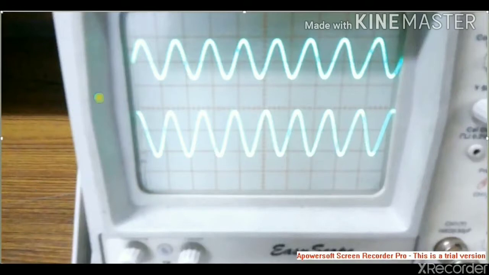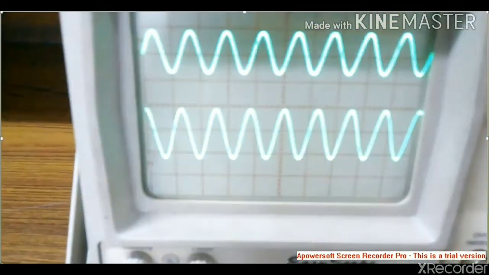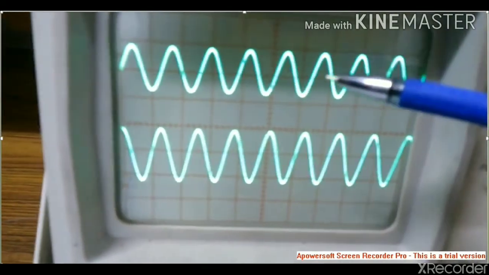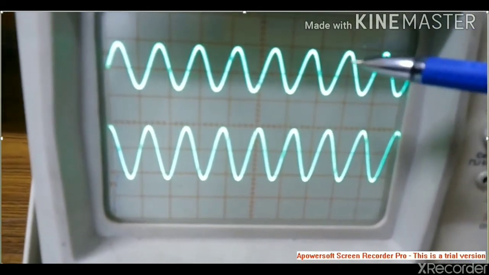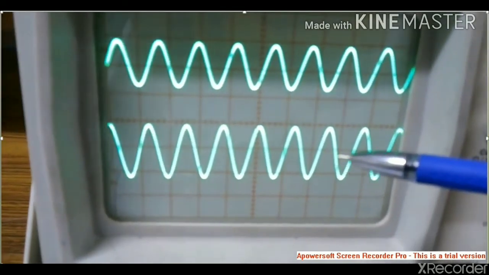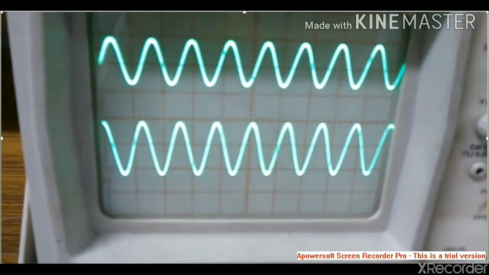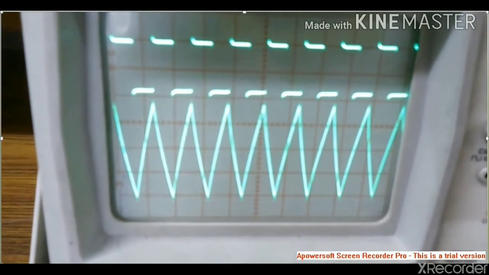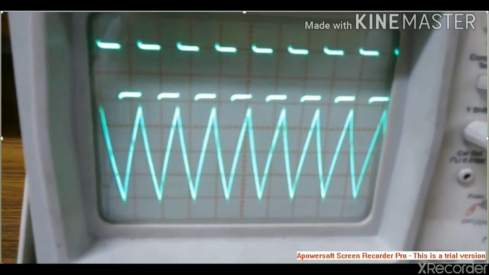Now you can see this is the input and output of your integrator. Above, the input is a sine wave, and below you are getting the output as a cos wave. So this is the output of the integrator. The first one is a sine wave and the output is a cos wave. In another way, suppose you give a square wave as your input, you will get the output as a triangular wave, which is exactly opposite of your differentiator. So this is how the integrator's output is expected.